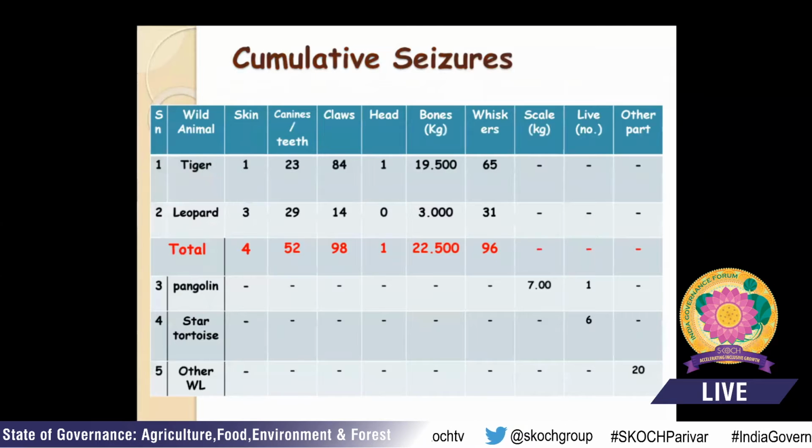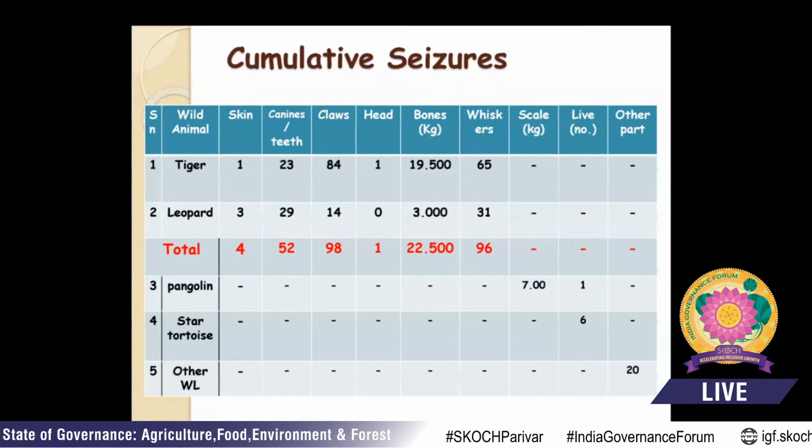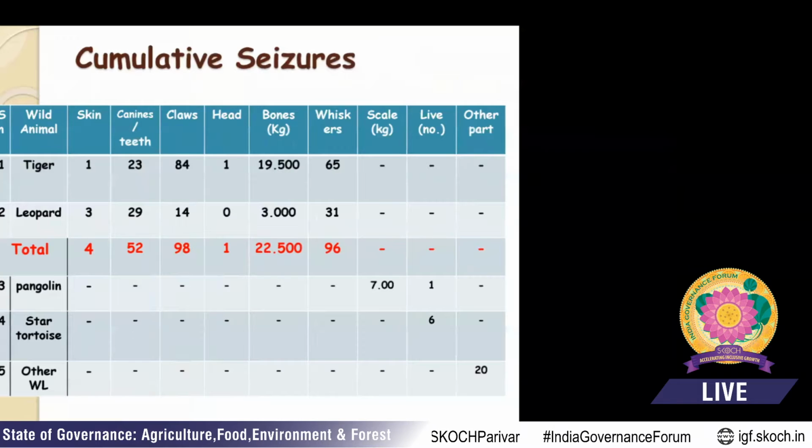ये कुमुलेटिव सीजर्स में अगर देखा जाए सर तो अभी टाइगर और लेपर्ड के हमने 4 स्किन, कैनाइन 52, क्लॉज 98, हेड 1 और 22.5 kg बोन्स, विस्कर्स 96 और पेंगोलिन के स्केल 7 kg और लाइव 1 और अदर वाइल्ड लाइफ के हमने 20 पार्ट्स अभी तक सीज किया है सर। एनालिसिस में तो किलिंग हुआ है वो ड्रग्स के लिए या मनी के लिए, इस तरह से मैक्सिमम वो अफेंडर्स करते रहते हैं।